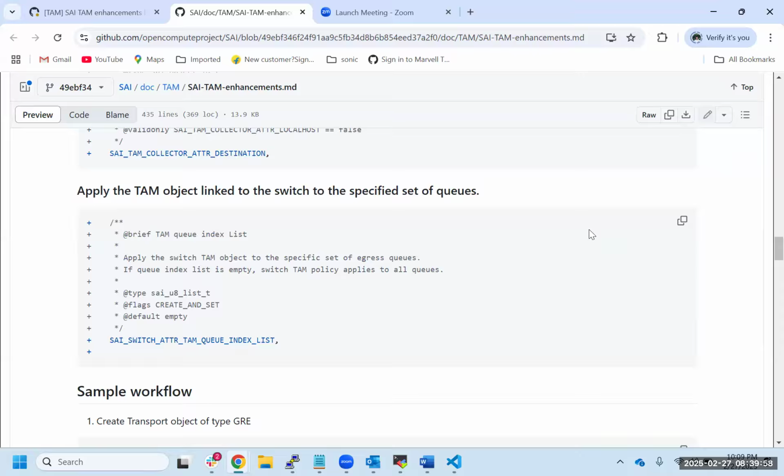Jay, for that case, we can attach a TAM object directly to each of the queues, right? Each port queue today has a TAM object ID. It's already there. What is not there today is an object to say a queue index. Let's say I want to enable this on the third queue of all the ports. SAI doesn't have an object for that. I know, and the proposal solves that. But my question is, what if the queue numbers are different on different ports? Because in this case, we have to go to each queue and add it, Jay.